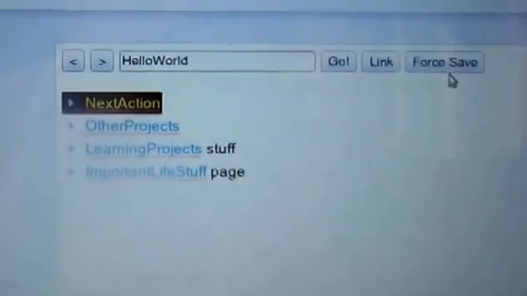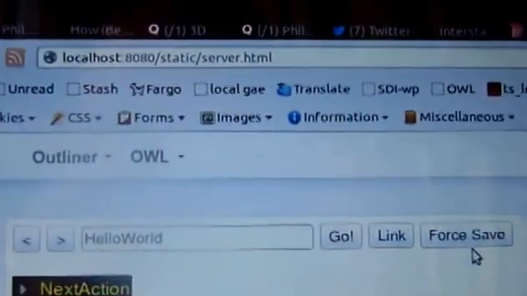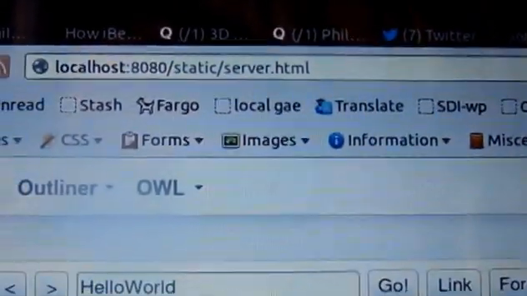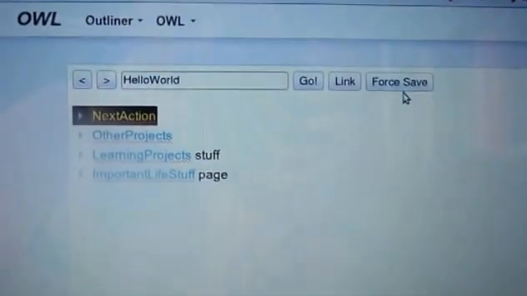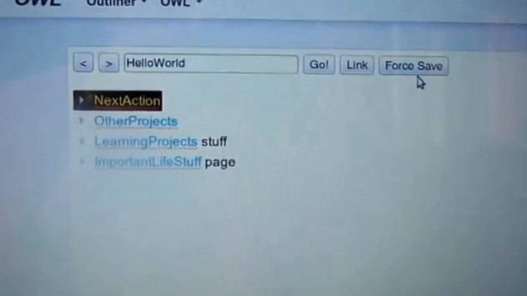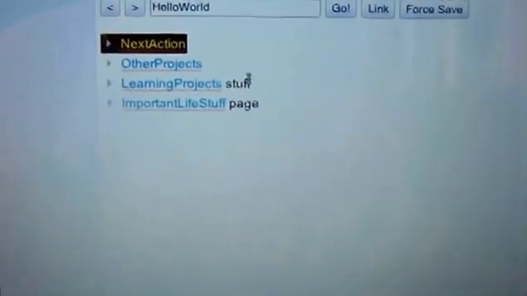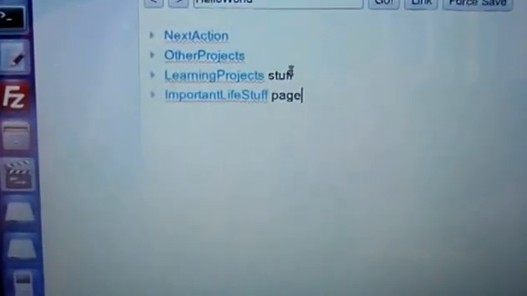features. Here's what you see when you basically launch a Python server. You point your browser at localhost and you see something like this on the screen. It's the Hello World page. That's your first page. Left and right or back and forward buttons there, and some items. This is the standard Concord outliner,